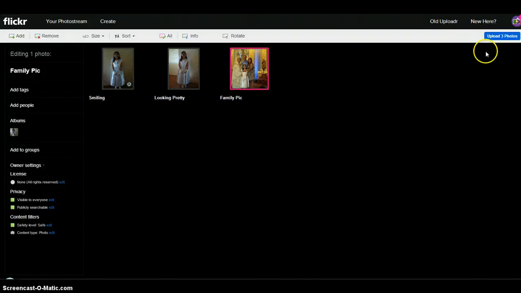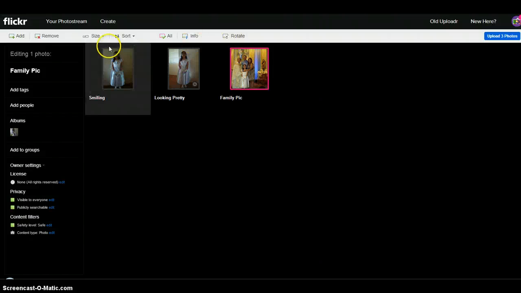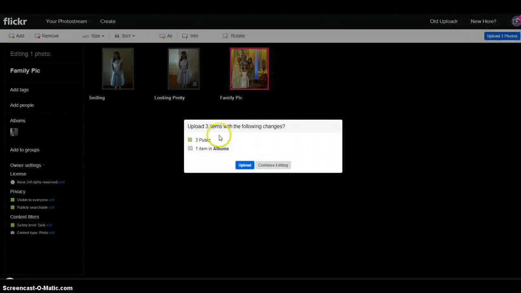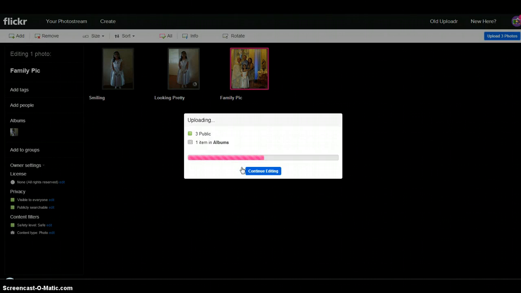Once you are done, you can simply, and before I get to the end of that, you also have these options of changing the size, sorting, and rotating your photos. You can also add and remove photos at this time. Once you're done with that, you can click on Upload, and then you have this little text box that tells you that there are 3 photos that are public for viewing, and they're under one album. Click on Upload. That will process,